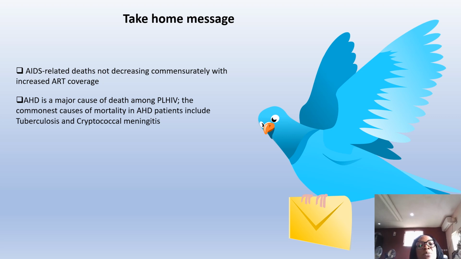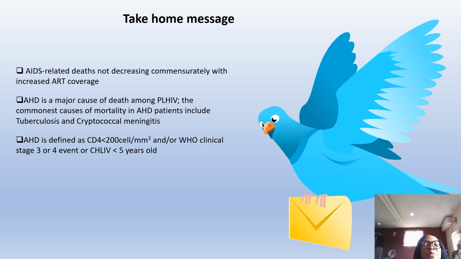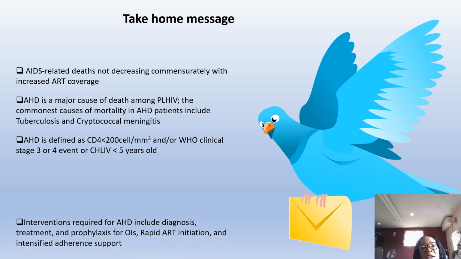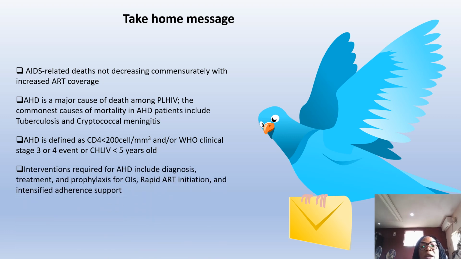The commonest causes of this mortality in advanced HIV disease patients include tuberculosis and cryptococcal meningitis. Advanced HIV disease is defined as CD4 cells less than 200 cells per cubic millimeter, or WHO clinical stage 3 and 4, or a child living with HIV less than 5 years. Interventions required for advanced HIV disease include diagnosis, treatment, prophylaxis for opportunistic infection, rapid ART initiation, and intense adherence